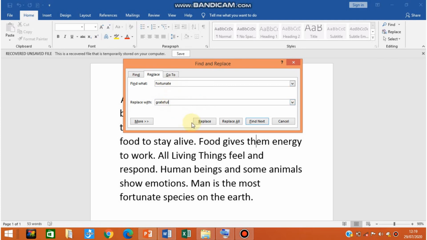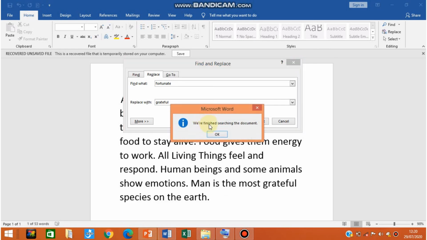After doing this, just click on find next. You will see that in the document fortunate has been highlighted, it is selected. Then click on the replace option. Replace is done.